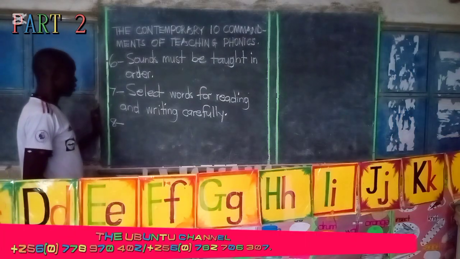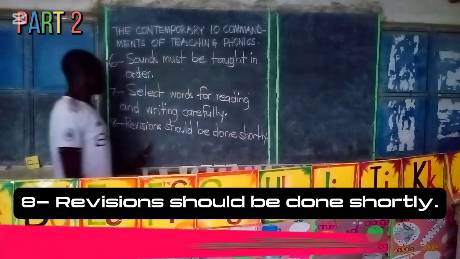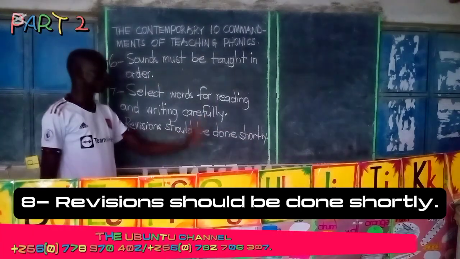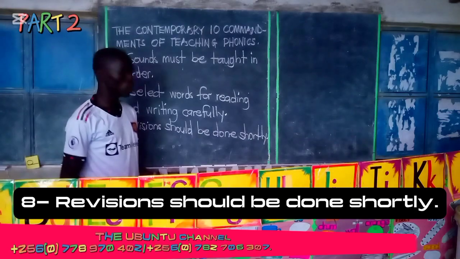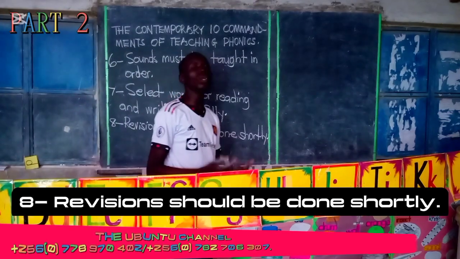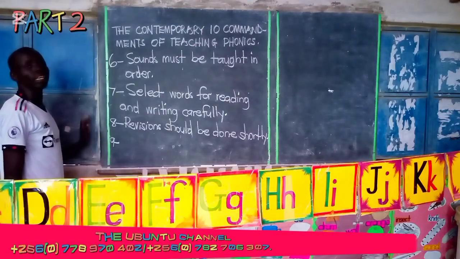Number 8 is saying revisions should be done shortly. This means that when you're doing revision, make sure you do revision only on those sounds that are also being learned. Number 9 is saying that